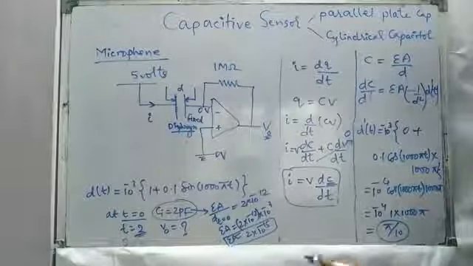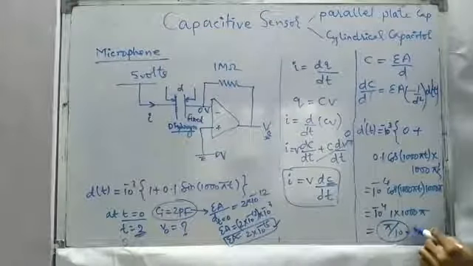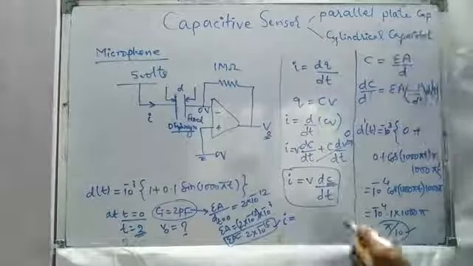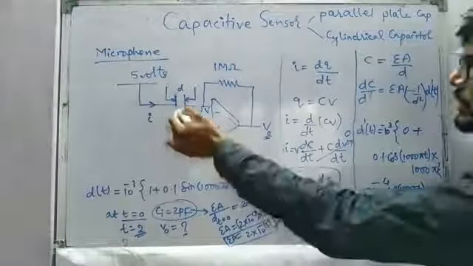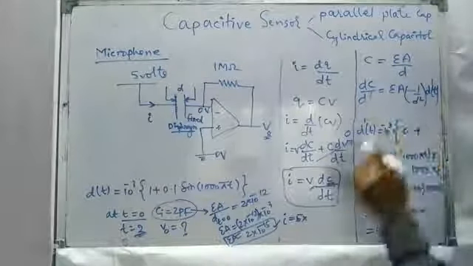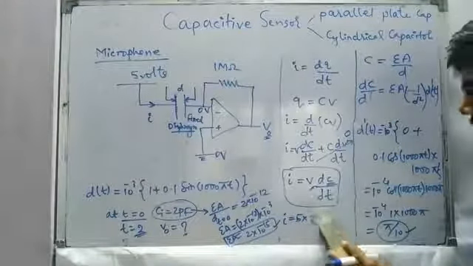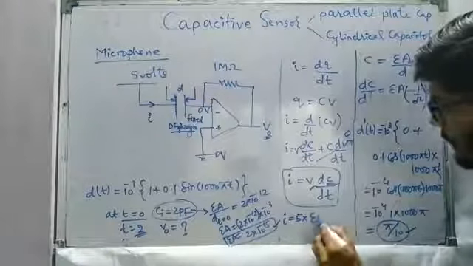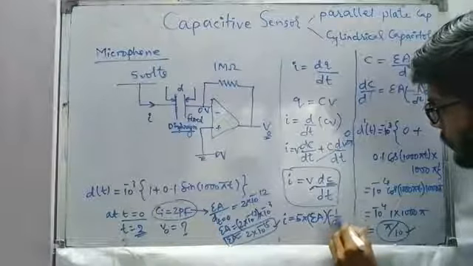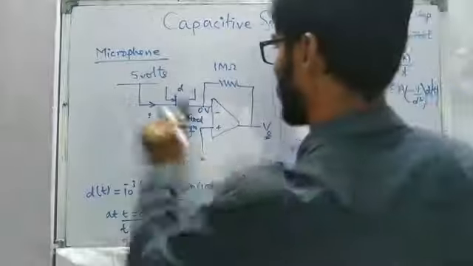So we have two data now. One is the epsilon A value given, and the other one is d dash of t at t equal to 2 milliseconds. If we put it in this expression, I equal to V, what is the value of the voltage difference? 5 minus 0 is 5, and dc by dt is epsilon A, epsilon A is 2 into 10 to the power, let me write, otherwise we will forget it, epsilon A into minus 1 by d square into d dash of t. So I will write it here.